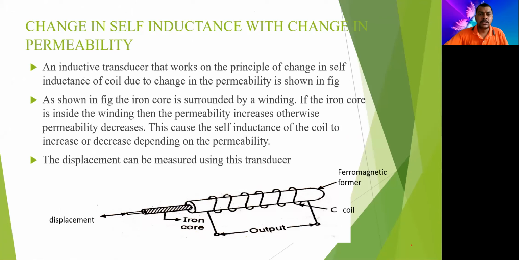Now, change in self-inductance with change in permeability. So if you change the non-conducting medium in the coil, if you keep the number of turns constant and the other parameters constant, we are going to change the permeability of free space or permeability of the coil. So how are you going to change it? You have to just place a rod and just insert it in the coil. So accordingly, the permeability will change, and there will be change in the self-inductance. So we are having a coil over here.